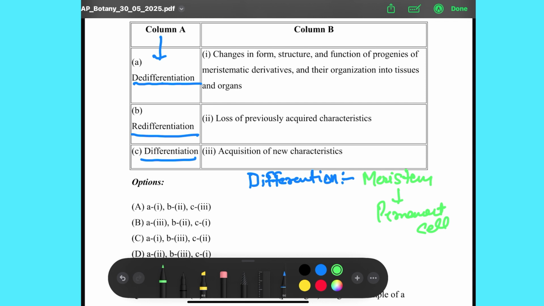Example, apical meristematic cell when changed into root hair cell और xylem vessel, phloem, different तरह के permanent tissues बना रहा है, तो we will call it differentiation. Now second term है